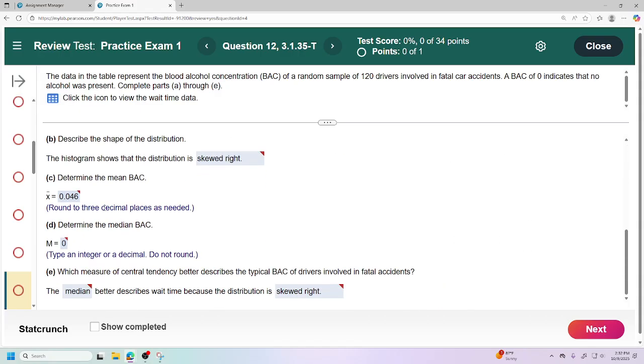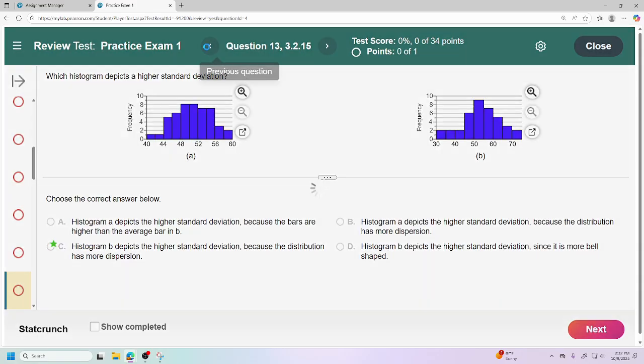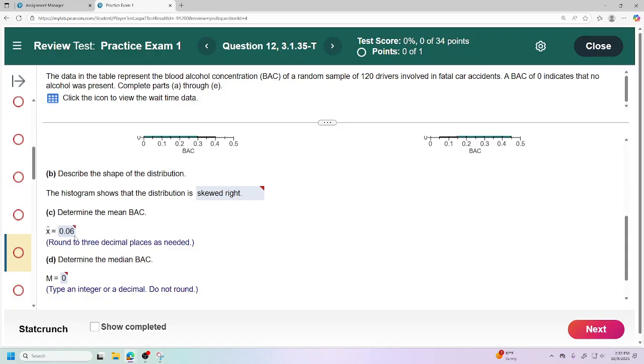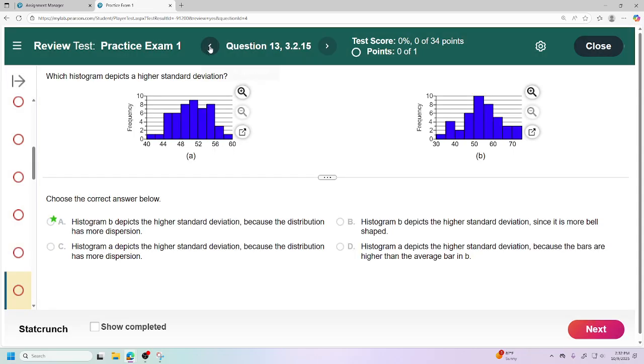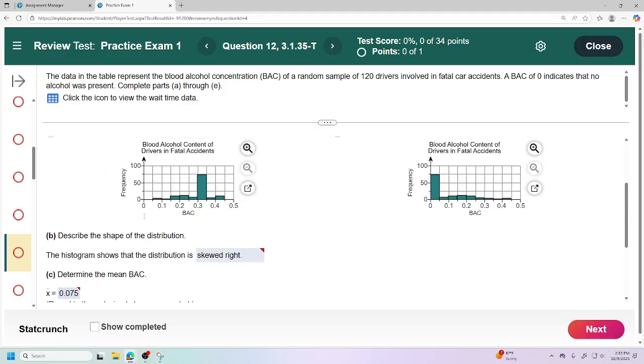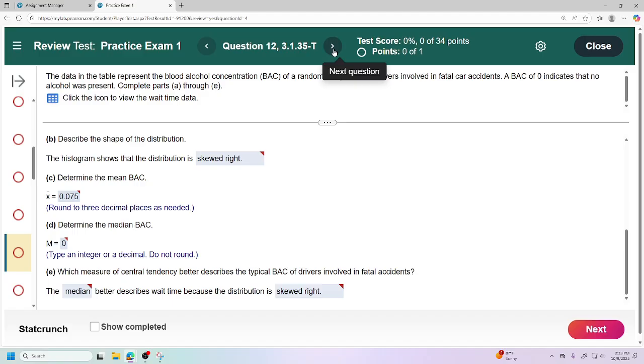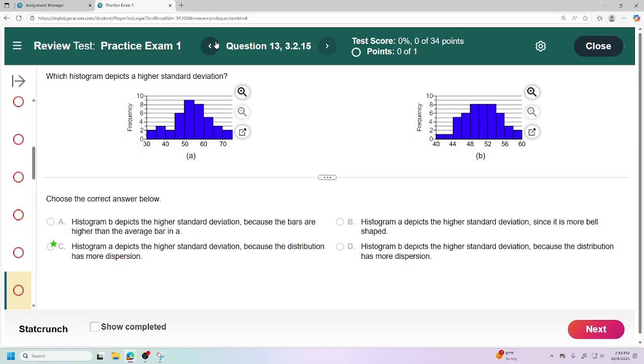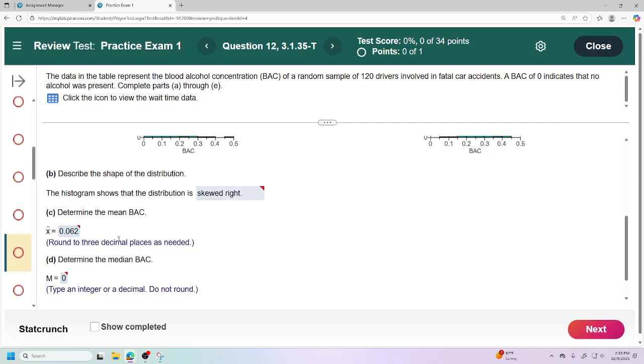So, perfect example. I have this number here, 046. If I go back and I go forth, it changes because it's changing the whole problem. It's randomizing it. So, if you're unsure about how you want to do a problem, what you could do is just submit the whole thing. Don't even look at it. Just submit it immediately. And then when you go to a problem, you see the answer and you kind of work it out. You do stack crunch, whatever you got to do. You can go back and forth and it'll change the numbers and you can try it again. And you keep on trying that same problem without having to resubmit all the time. So that's just another strategy.